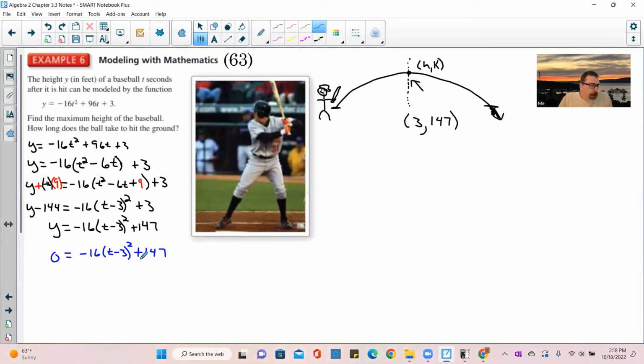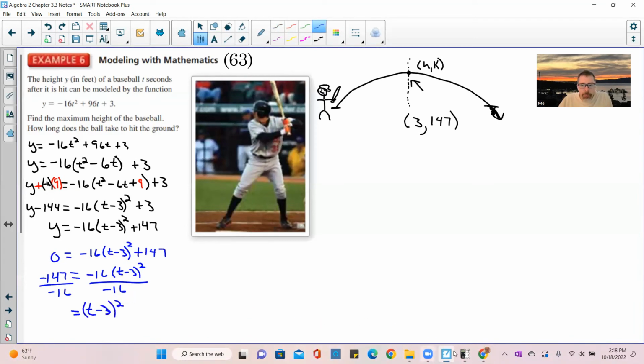Okay, and I'm going to subtract 147 over to the other side. And that's going to leave me with negative 16 (t minus 3) squared. So I'm going to divide both sides by negative 16. And that's going to leave me with t minus 3